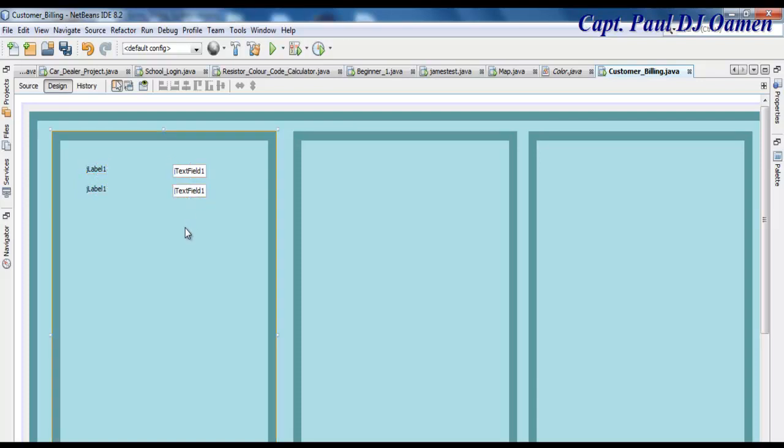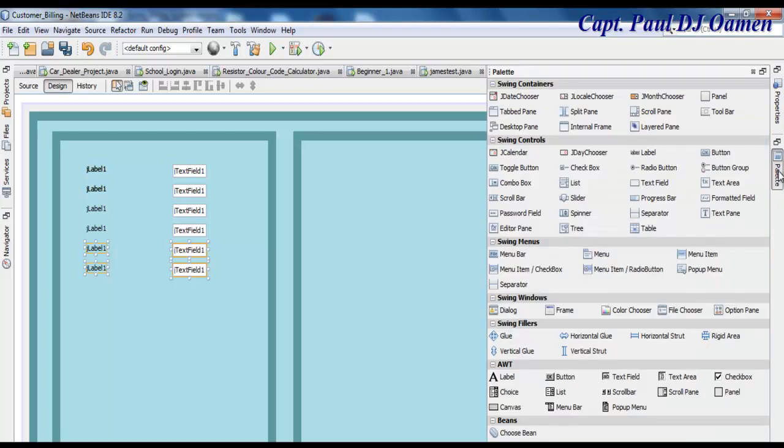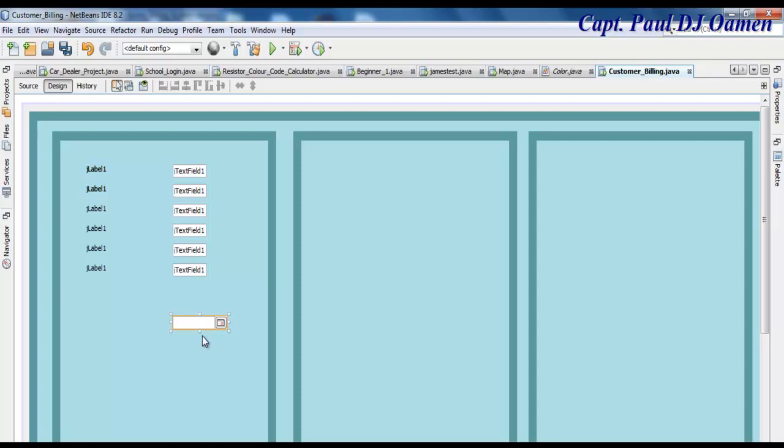Copy again, paste, paste, and paste. Alright, that's fine. And I also need dates, date choice. I need one. I need about 3 of those really. Just copy that, paste,